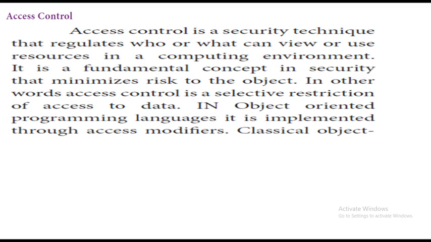In object-oriented programming languages, this access control technique can be implemented using access modifiers. Already we have learnt there are totally 3 different types of access modifiers. One is private, another one is public, the last one is protected. So first we will see private. If you declare a variable as a private variable, you are able to use the variable within the function only, within that block.